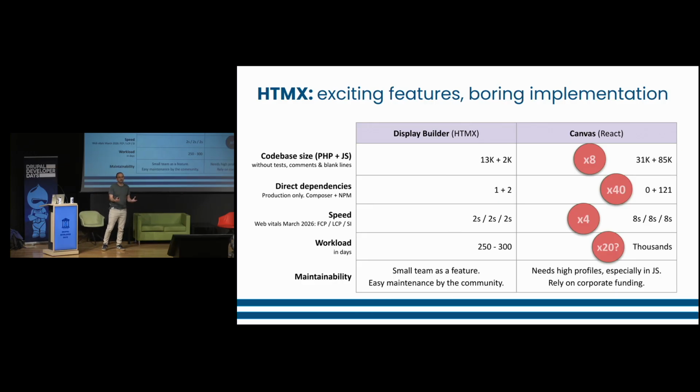People say, Display Builder, you are small, very small. How can you build such a tool? But being small is a feature. If we leave the community, because your gun will stay forever, but us, we may leave, we can find in this room people to continue the maintenance. Because it's very Drupal-y, it's very pragmatic, it's very humble, and any medium qualified Drupal developer can continue the project.